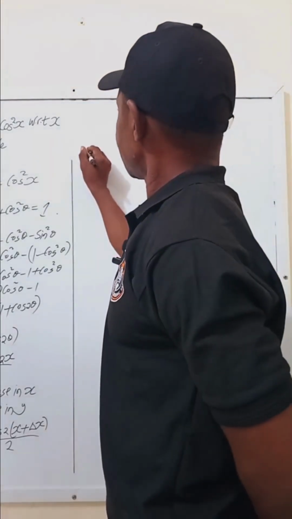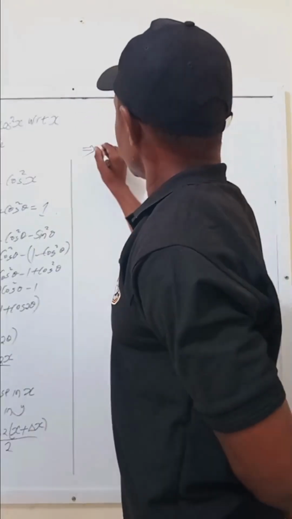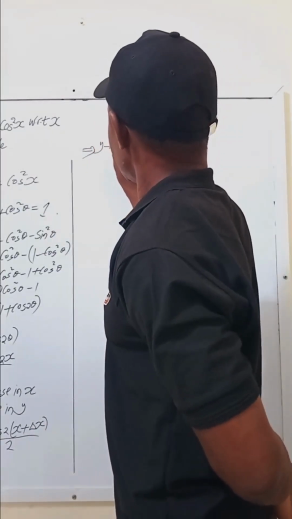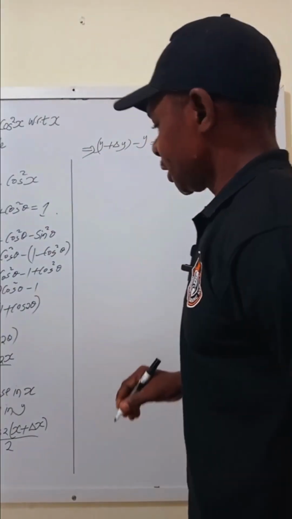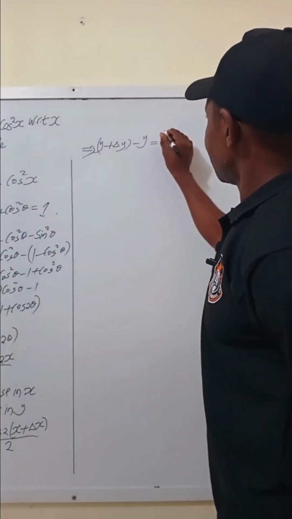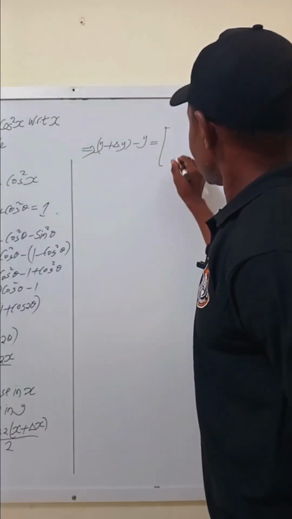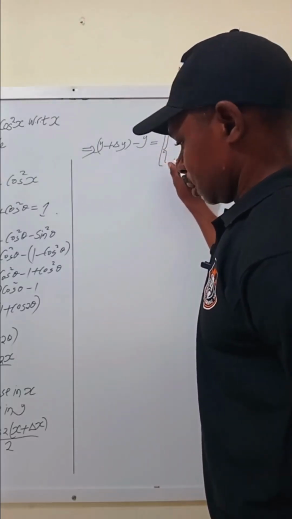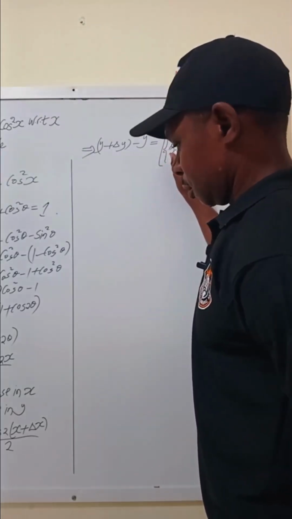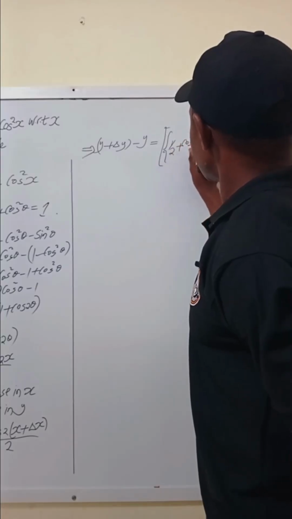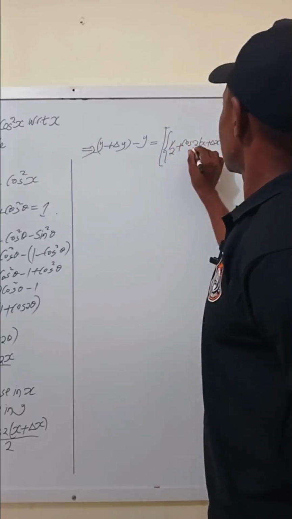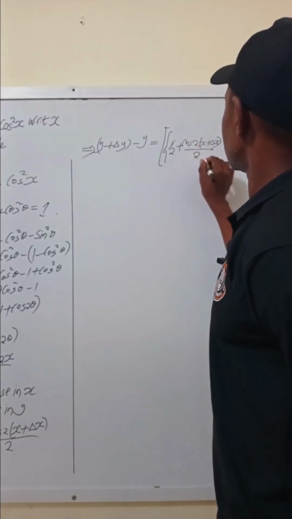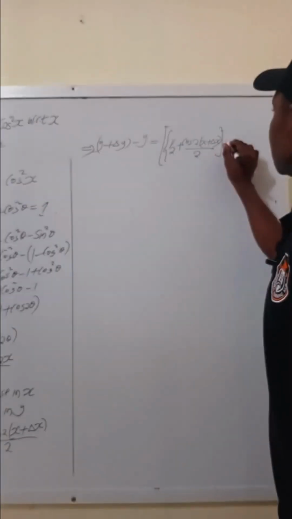So this implies that now we take y plus delta y as the first term minus y on the left hand side, which will be equal to the right hand side, which is this one. It's a half plus cos 2 into bracket x plus delta x, divided by 2,